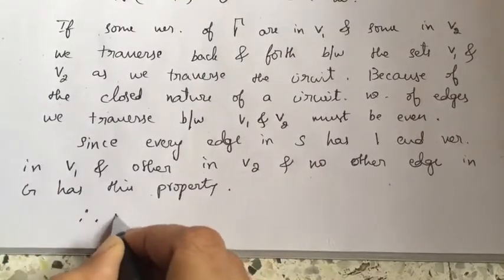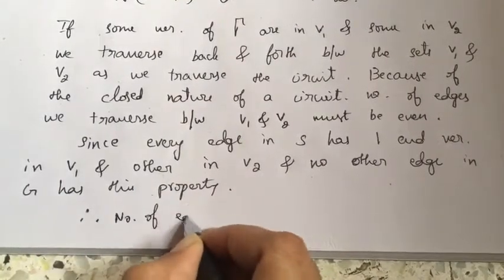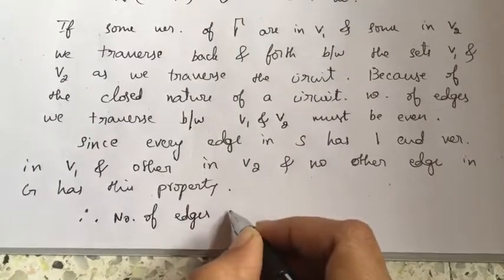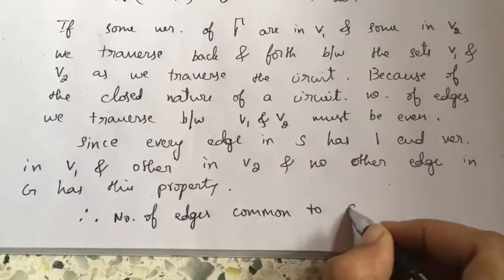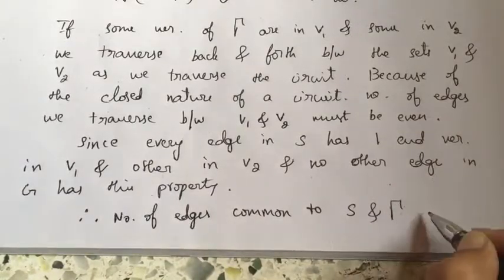Therefore, the number of edges common to S and gamma is